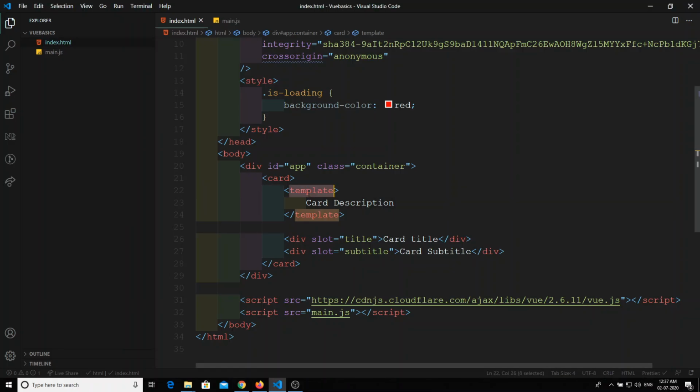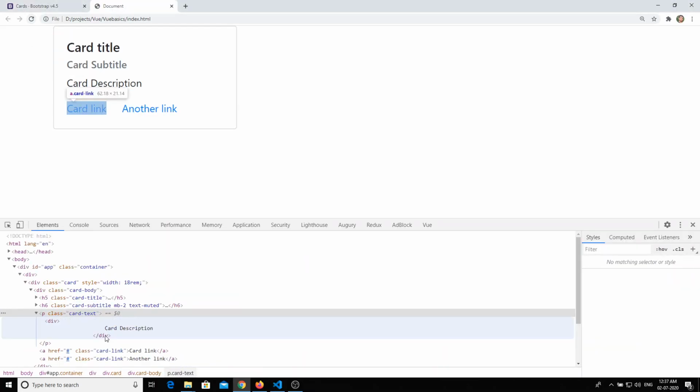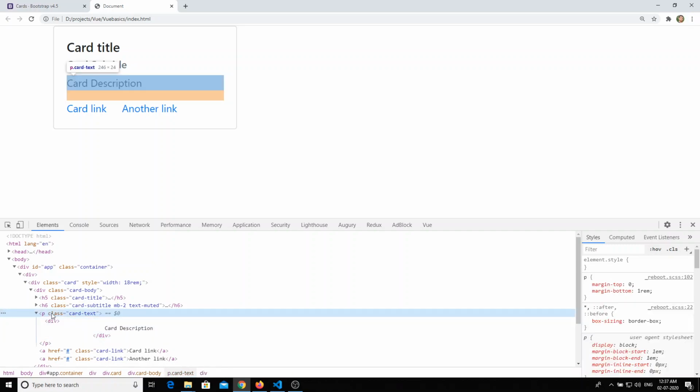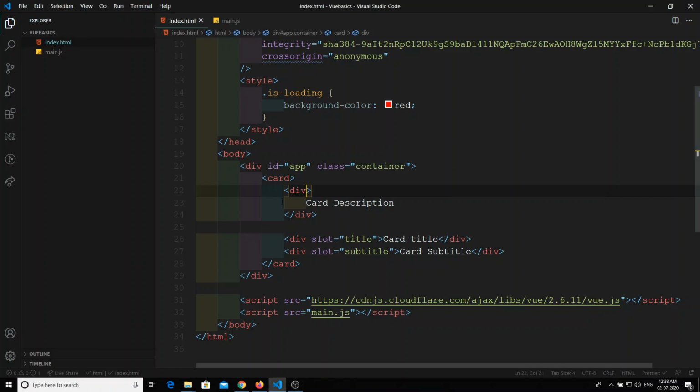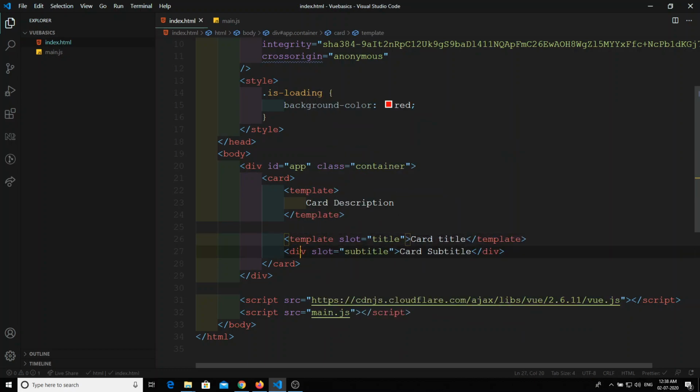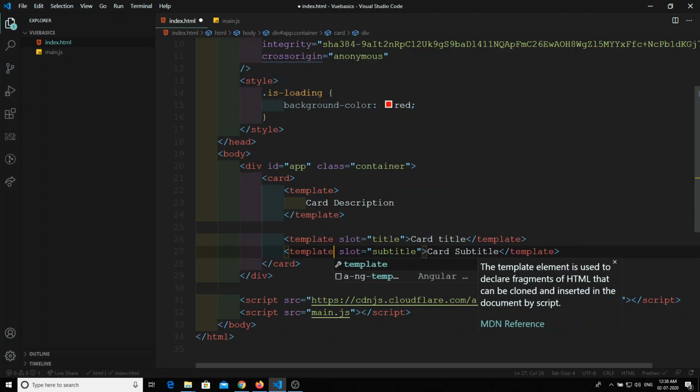For example, if I mention div here, and you see the markup, the div came in between. If you don't want this wrapping div in between the p tag, you can replace it with the template. In the same way, you can replace it with the template here and here also.